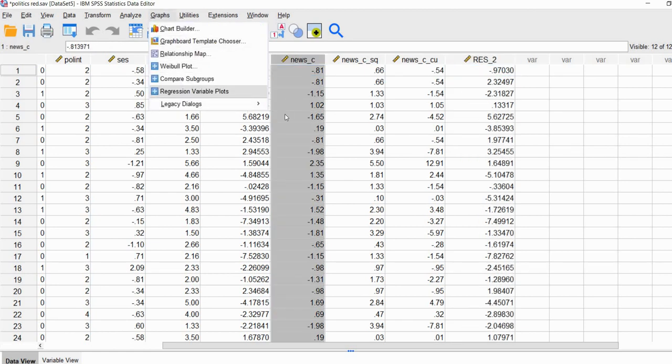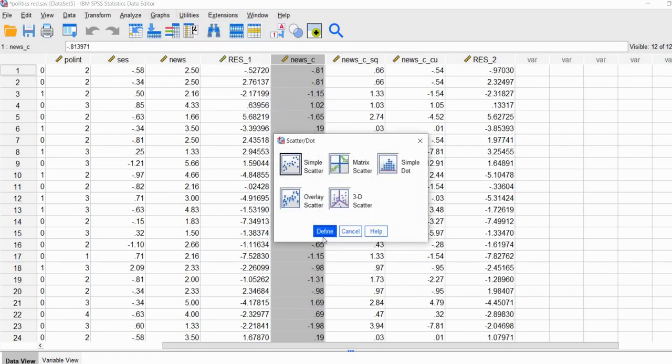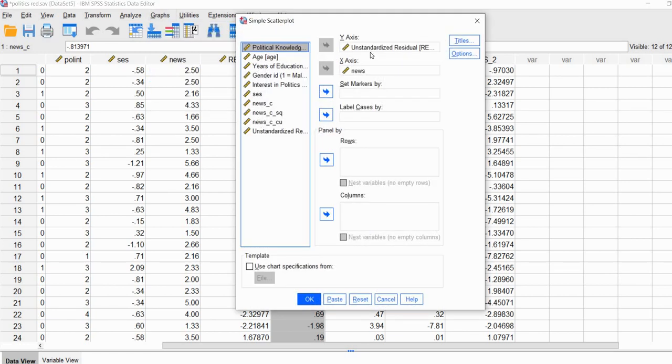So we'll go down to graphs, legacy dialogues, scatter dot, simple scatter, and define. And we'll move this out, and we'll move our unstandardized residuals in. It really doesn't matter. We can plot this against the original news variable right here, or against the news C variable. The plots will be exactly the same. It's just that the x-axis scaling will look a little bit different. So I'm just going to move this on out, and we'll put the news C variable in,